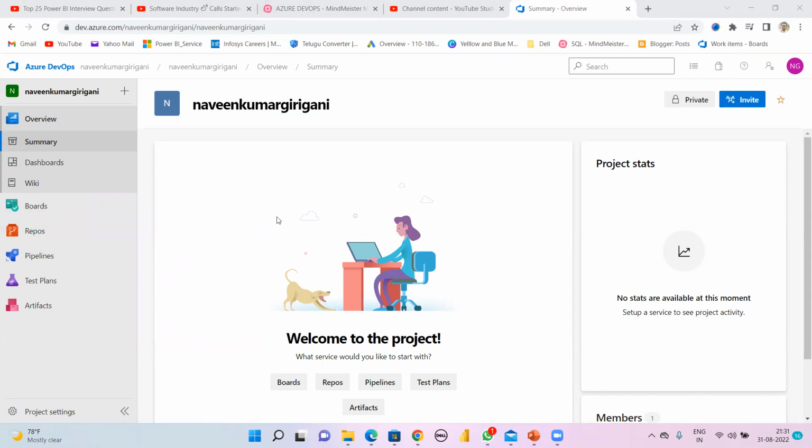When you join any client, you collaborate with your team members. So this is a collaboration tool. It is not working software where you are a SQL developer, a Power BI developer, a Java developer or whatever. But you may work along with this.